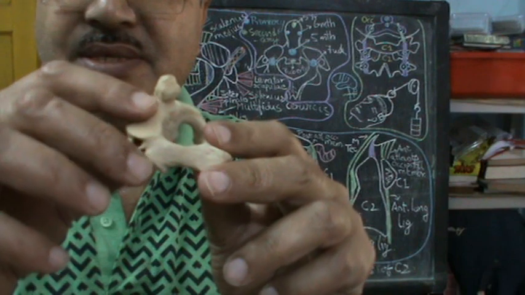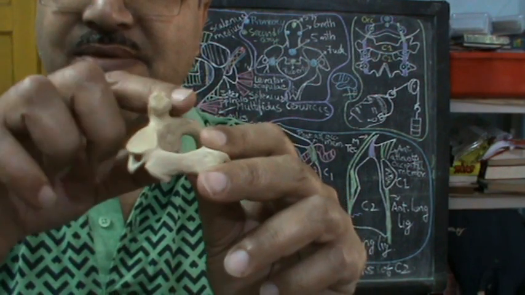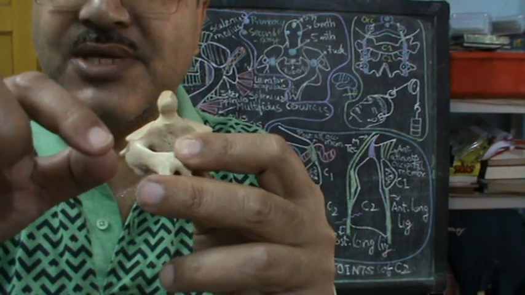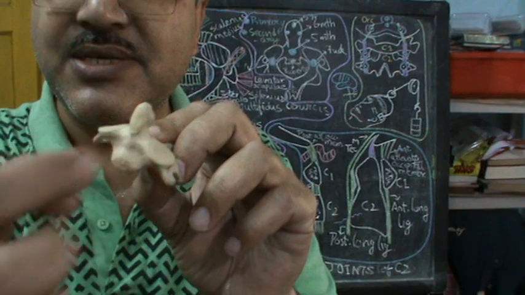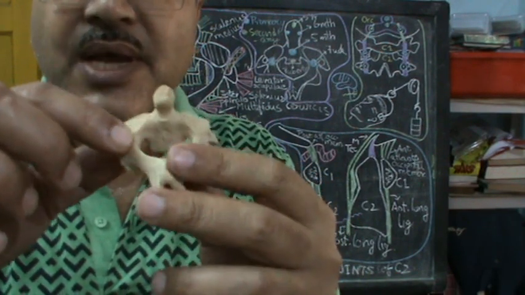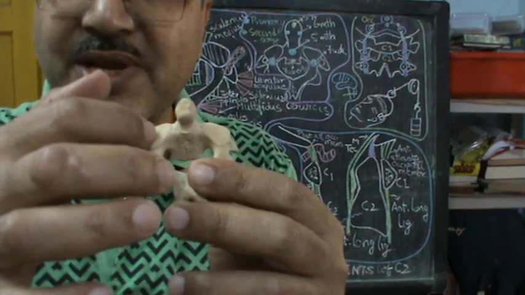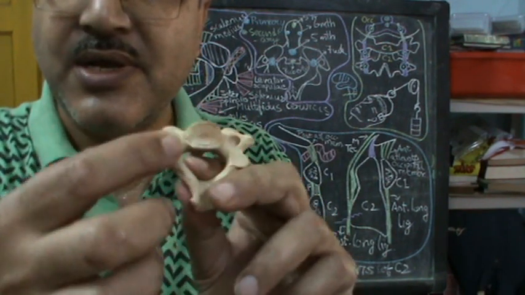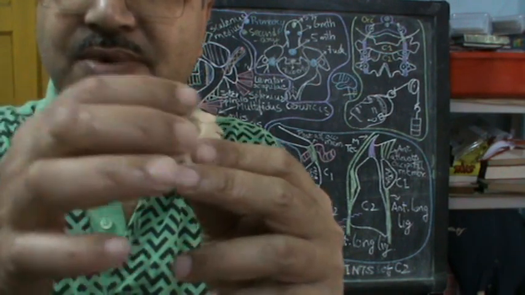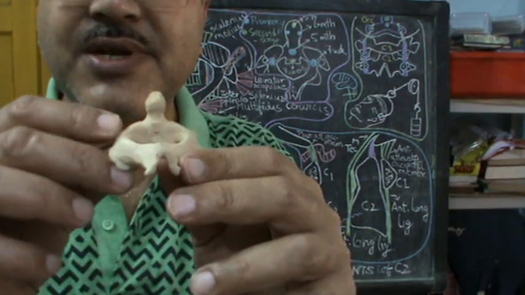Coming to the pedicles, above the pedicles you expect the passage of the second pair of cervical spinal nerves dividing into a ventral ramus and a dorsal ramus, ventral ramus passing anteriorly, dorsal ramus curling back posteriorly. And these facets, as we have already mentioned, are forming synovial plane joints, a pair above, a pair below, the superior pair articulating with the atlas, the inferior pair articulating with the third cervical vertebra.